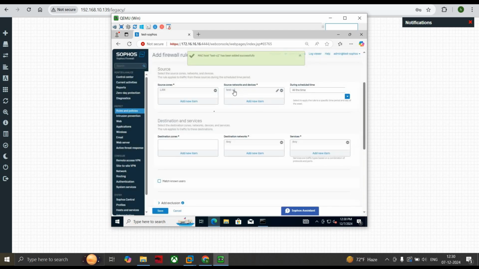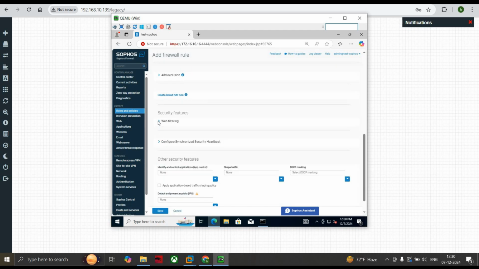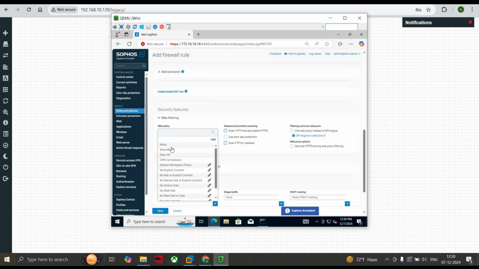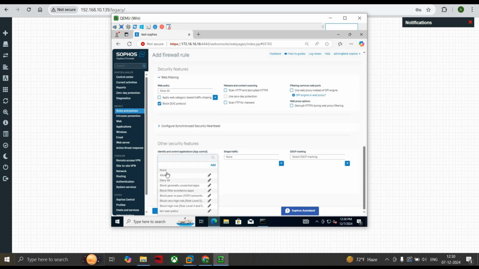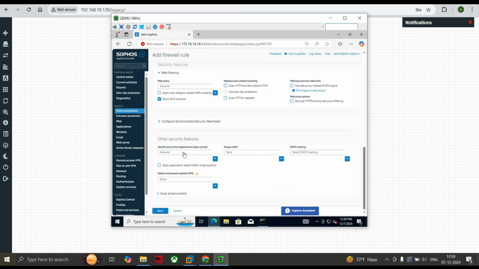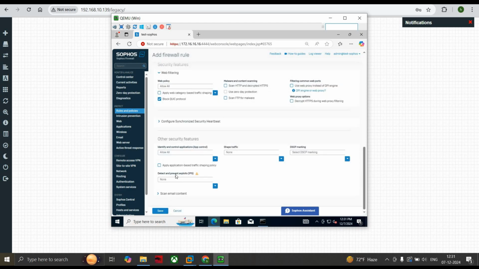So we select under source IP address test u1, then we want to fall on the WAN side, any other destination, any other services. Now we haven't selected any of the web filtering. Based on the requirement, we do it as allow all. Then in terms of application, because we haven't configured any of the application policies till now, IPS also general IPS policy,